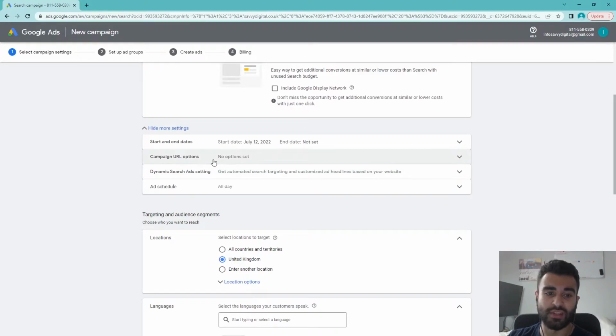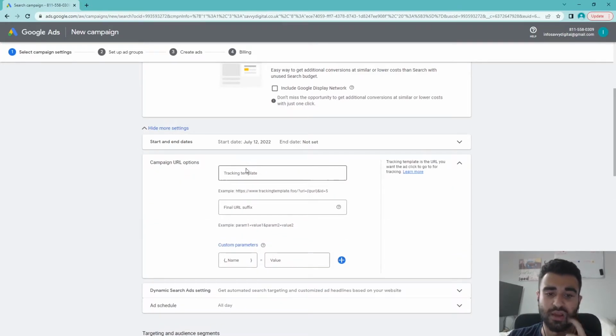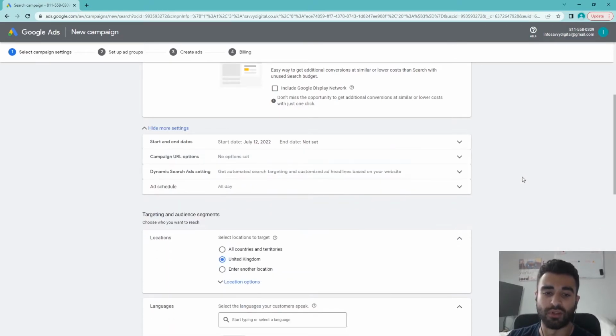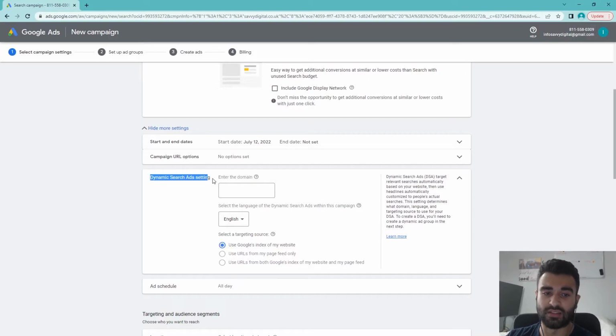We then have the campaign URL options. This is if you have a separate final URL suffix and you have a tracking template that's separate for the conversions. We then have the dynamic search ad settings. Again, you can enter the domain to change some details here, and you can see it has DSA outlined here, which is the dynamic search ads. As I mentioned, it targets the relevant searches automatically based on your website, and then uses headlines automatically customized to